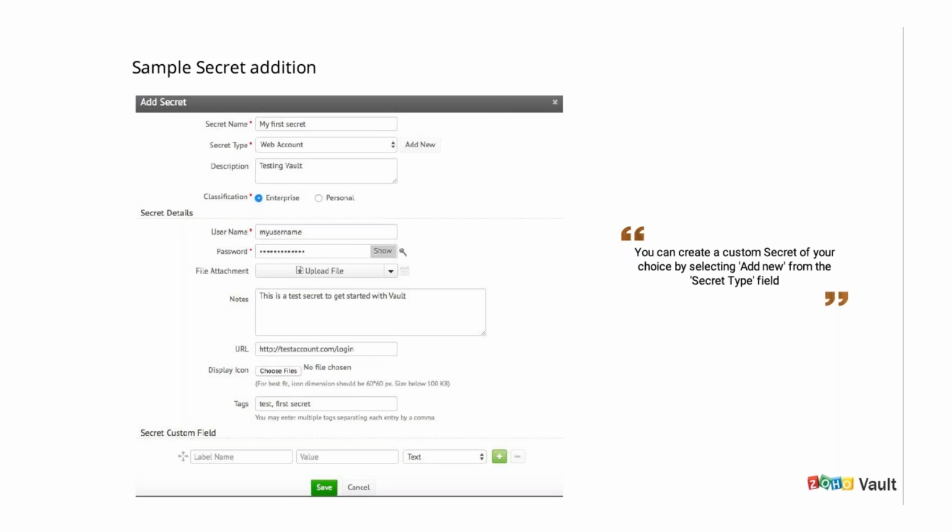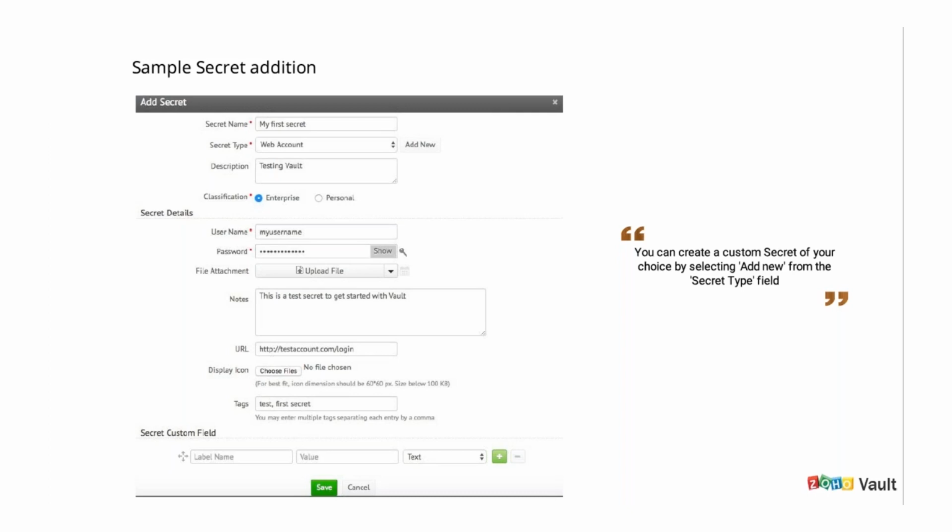So the URL field needs to be the login URL of whatever website you're going to log into. Let's take the example of Twitter. If you want to auto log into Twitter, you should rather write twitter.com/login instead of just twitter.com. So if you can see what I have here, I've written testaccount.com/login. So it ideally means whatever login URL of the website that you're going to log into, just copy that and paste it here, and you're very much good to go.